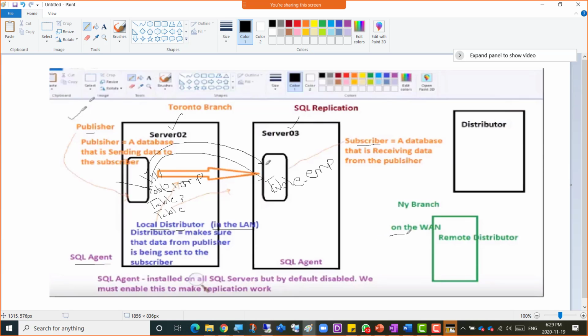While you can have a distributor on the WAN as well, and from another branch as well. Suppose the publisher is in Toronto branch, and then the subscriber is actually in New York branch, and my branch is actually here. Here it is on London branch, right? Or we can go for any other, so Mississauga branch, right? And you have another branch here in New York, although it's supposed to be a bit nearer Mississauga. So anyway,